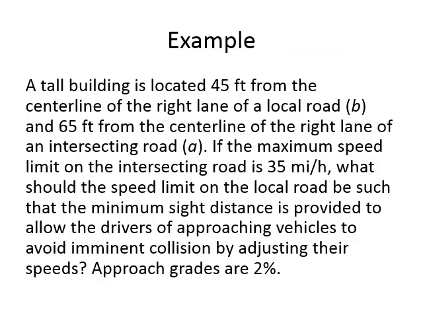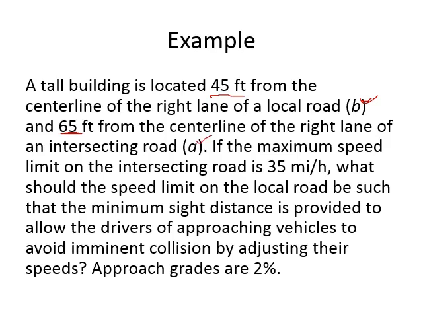Let us look at this example. We have a tall building 45 feet located 45 feet from the center line of a local road. They are calling it road B, so this distance becomes small b. Small b is given as 45 feet, and it is located 65 feet from the other road. So if 45 feet is distance b, the distance from the obstruction to road B, then the other one, 65, becomes the distance from the obstruction to road A, so it becomes a.